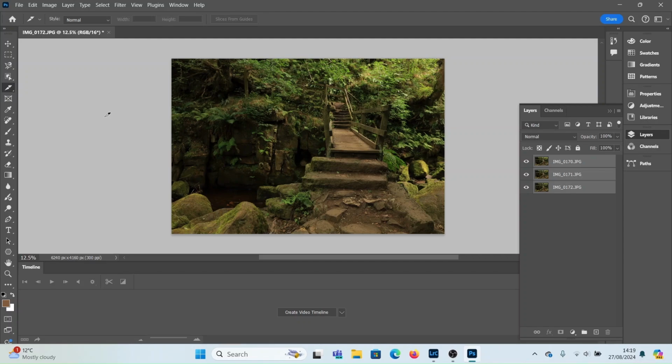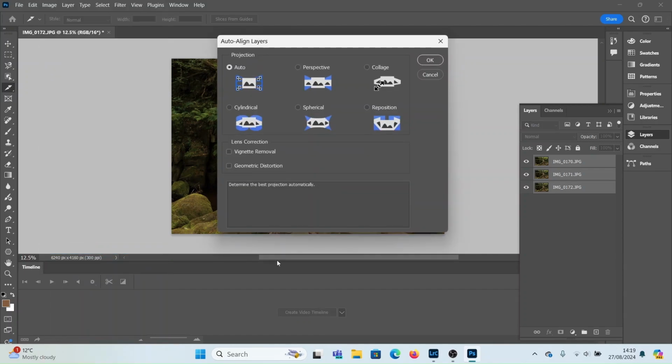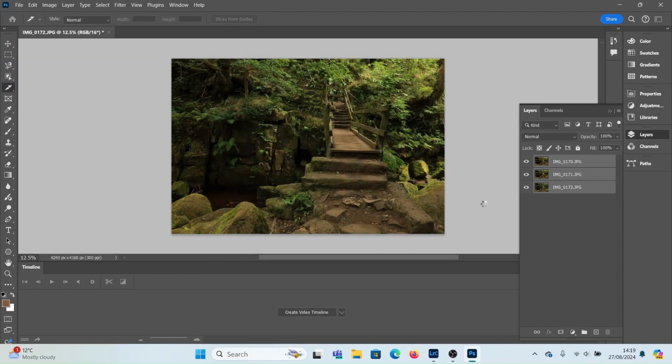And then I will go into the edit menu, and just over halfway down the edit menu you'll see here auto align layers. That's the very first thing I want to do. You'll notice in projection it's already got auto clicked and everything else is perfectly okay. So at this point I'll just click OK anyway. And what I'm trying to do now is